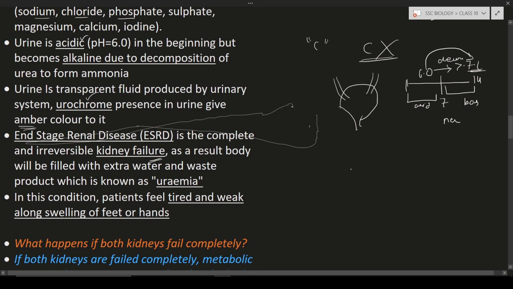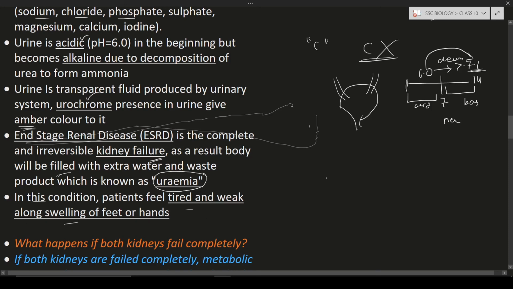As usual, the body will not be filtered. It cannot filter the waste material. And if the body cannot filter the waste material, the waste will be filled in the body, and this condition, the filling of waste materials in the body, is known as uremia. Uremia means waste materials like uric acid and others will be filled in the body. Why do all these waste materials fill in the body? Because of the ESRD, end-stage renal disease. In this condition, the patients will feel tired and weak. Why? Because the waste materials are filled in their body,